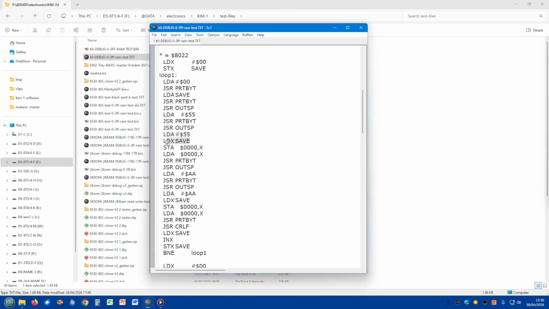And we load X with the value that was saved here, which in this case will be 0. And then we're going to store this 55 here. We're going to store that in memory location 000 plus X, which in this case is 0. So we put the value of the 55 into memory address 0. We're then going to read it back to see that it had been saved correctly. And now at this point, because it's in register A, we can then print it as 2 ASCII characters, then